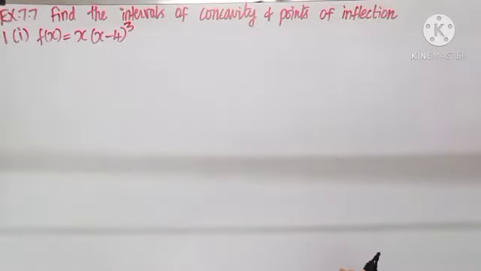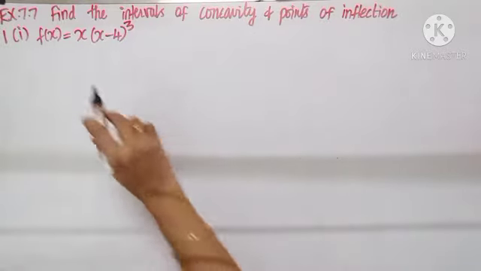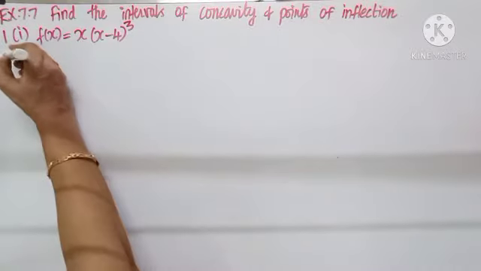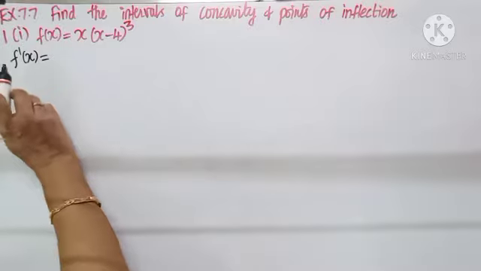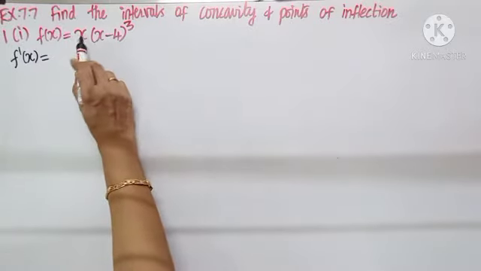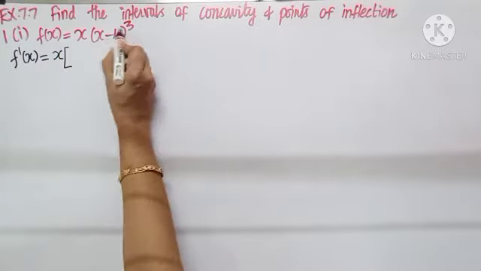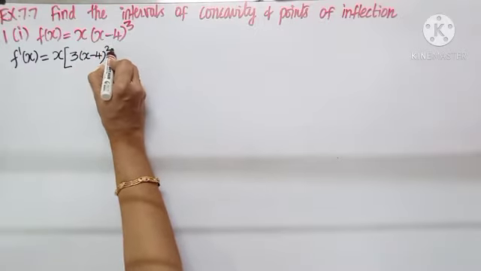Exercise 7.7, find the intervals of concavity and points of inflection. f of x equals x into x minus 4 the whole cube. We have to find the second derivative. So let us find f dash of x first. How many terms are here? 2. Keep the first term, differentiate the second term: 3 into x minus 4 the whole square,